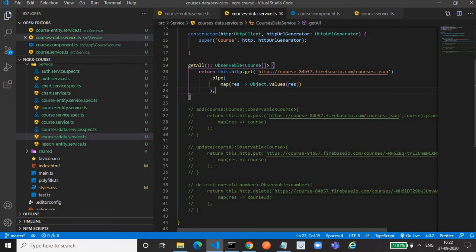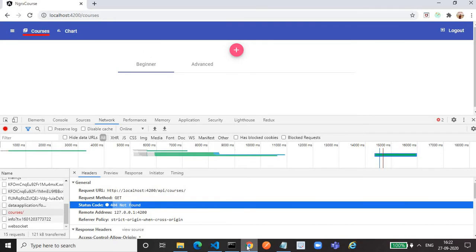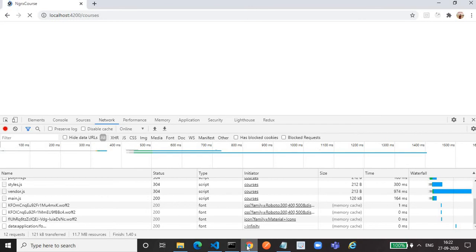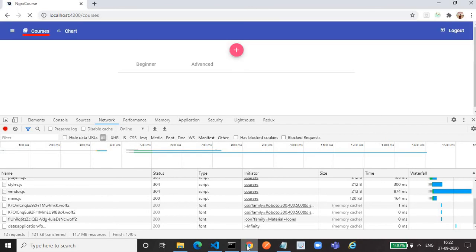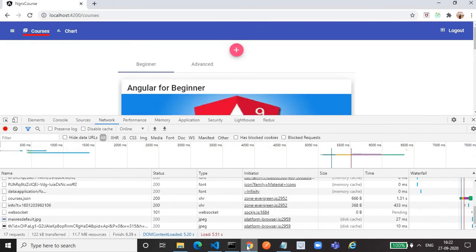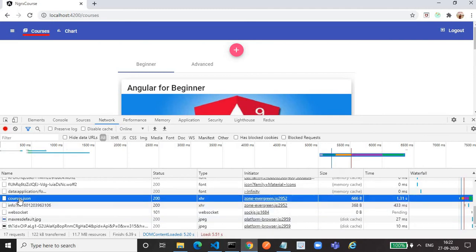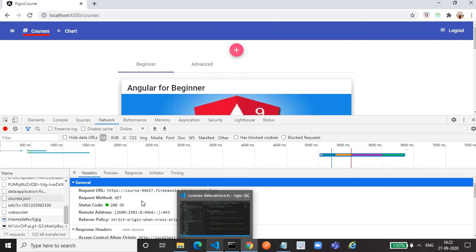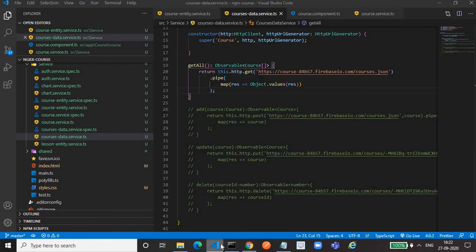If we save here, now we are getting the data. Even if you see, if I go to my API, this is the API that got called, the get API, and it gets successfully done. And this API we are not calling anywhere, this get method.